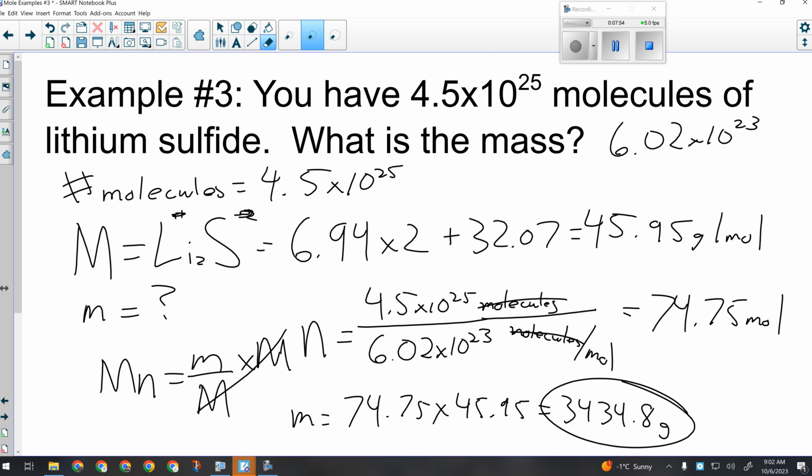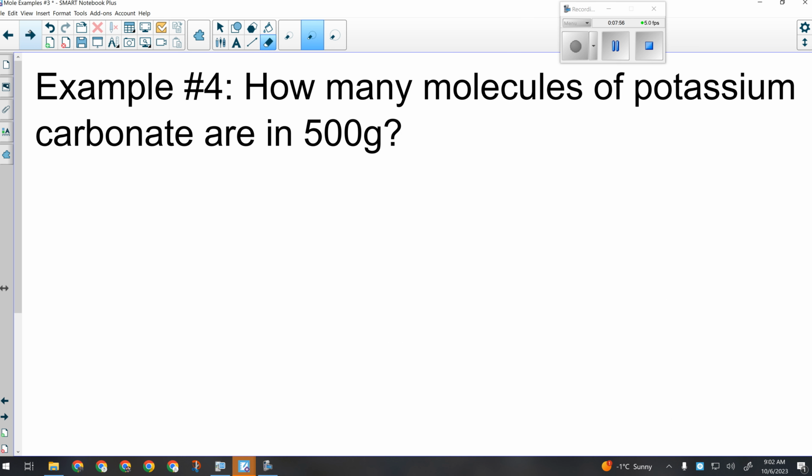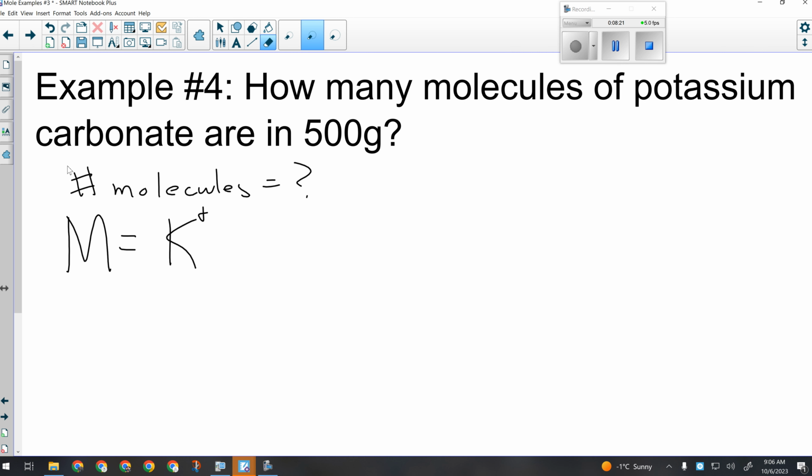All right, I'll give you a couple more minutes on number 4, and then we'll go over that one. Okay, let's have a look at number 4 here. We're looking at how many molecules, so we're looking for the number of molecules of potassium carbonate. Is that an ionic compound? Yes, it is. Potassium is a metal, has a charge of +1. Carbonate is a polyatomic ion, CO3, has a charge of -2. So we're looking at